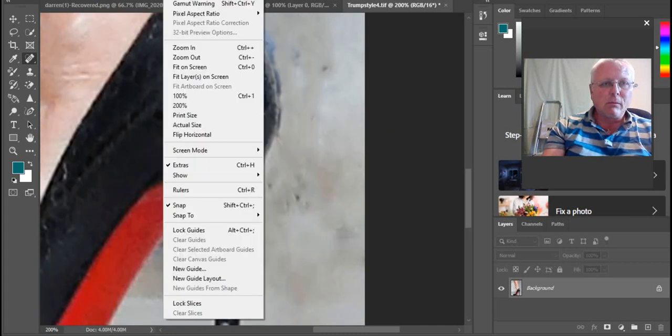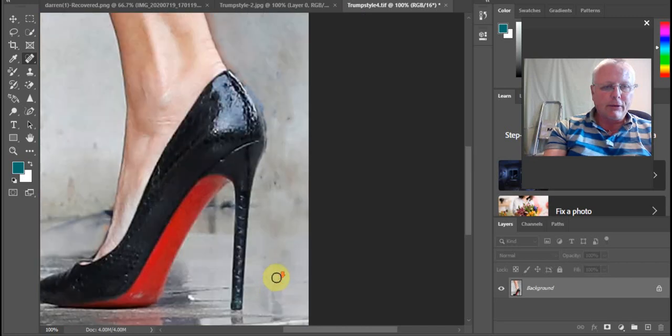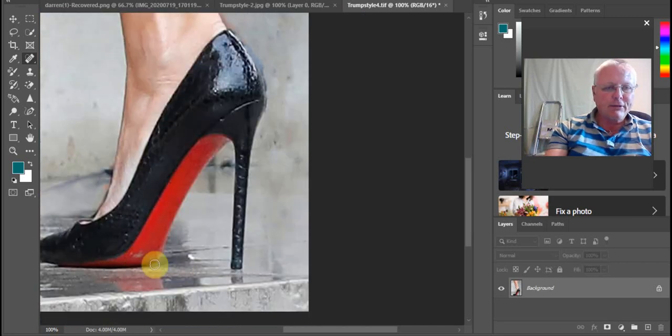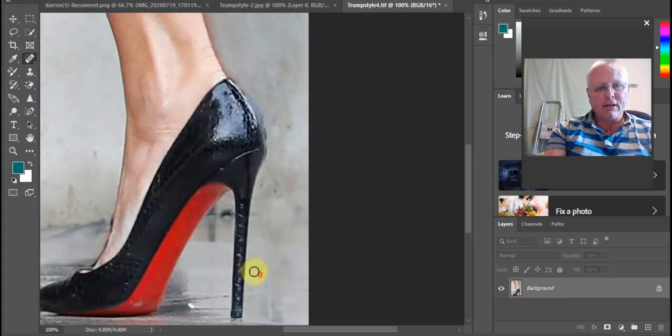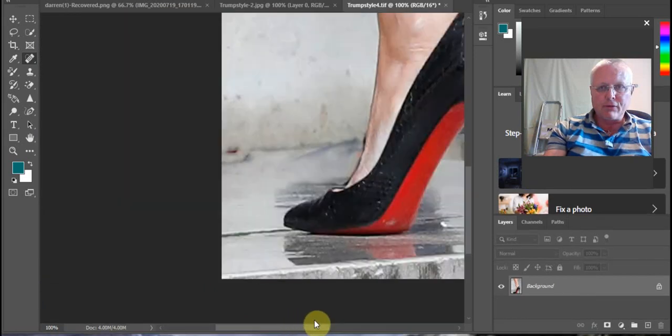So if you look back out, you can see you've gone from two legs down to one leg, which is quite good. I would just normally go in there as well, just to tidy that up, and overall the finished result is quite